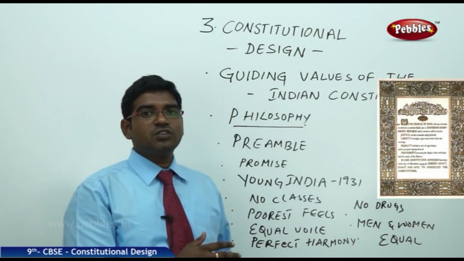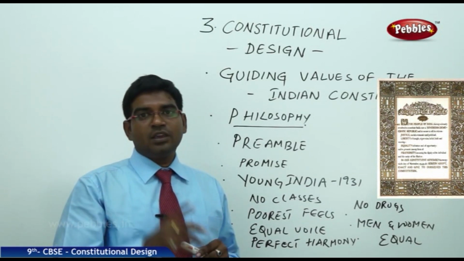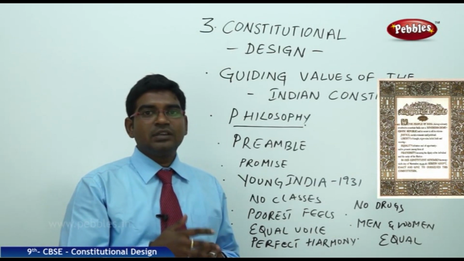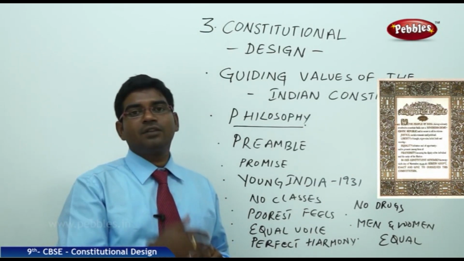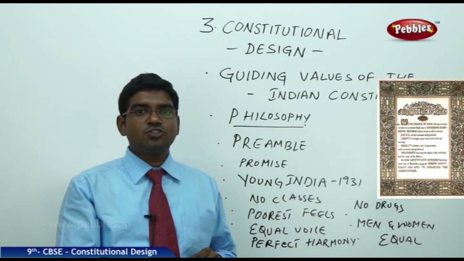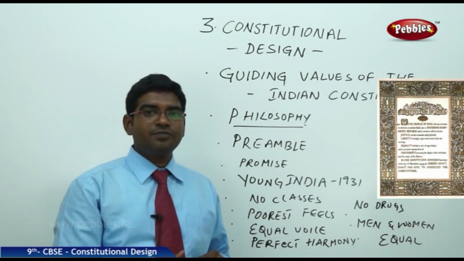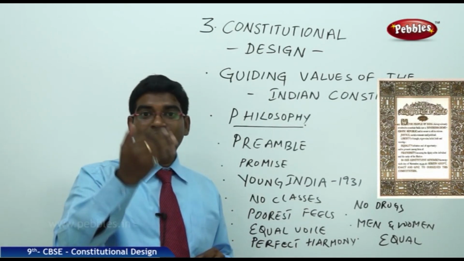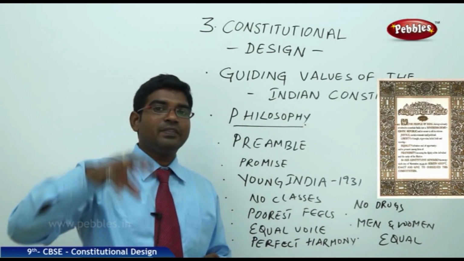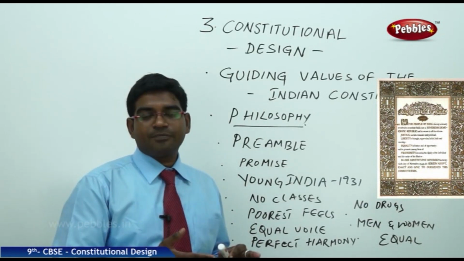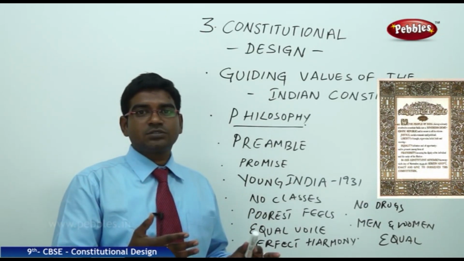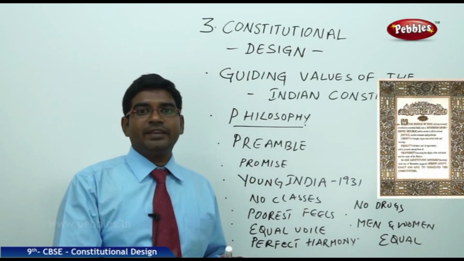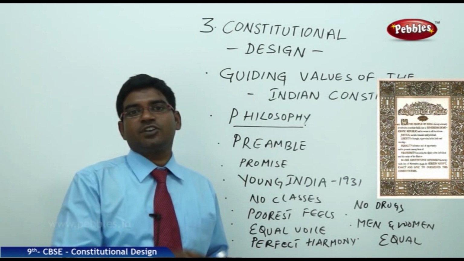We can understand the philosophy of our Constitution in two different ways. One, by looking at the views of the major leaders. The other, by looking at the preamble of the Constitution. The preamble, which states "We the people of India," declares that we are a sovereign, secular, democratic, republican country, and will give us the details of what is imbibed in the Constitution. Before that, the major views of the political leaders of the Constituent Assembly of that time also throw light on the philosophy of the Constitution.